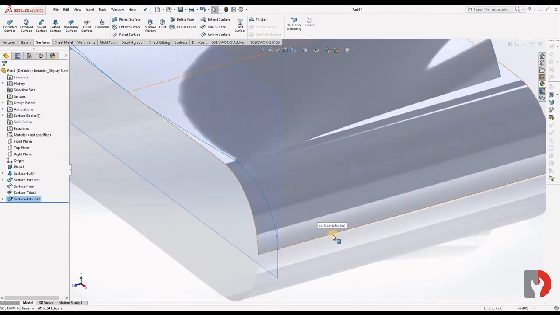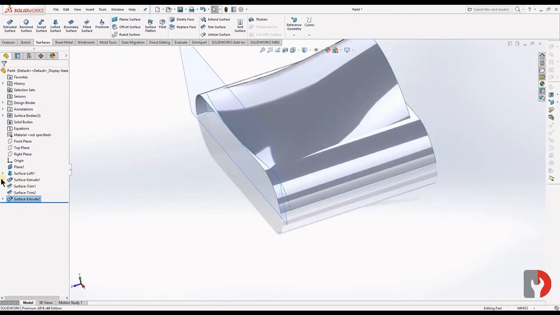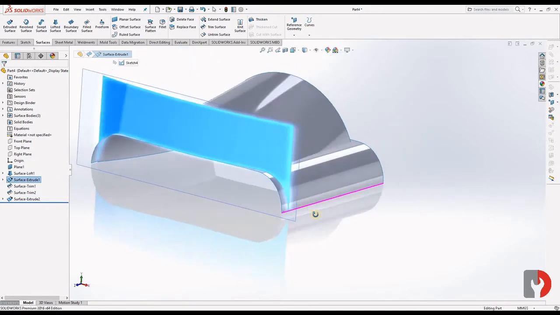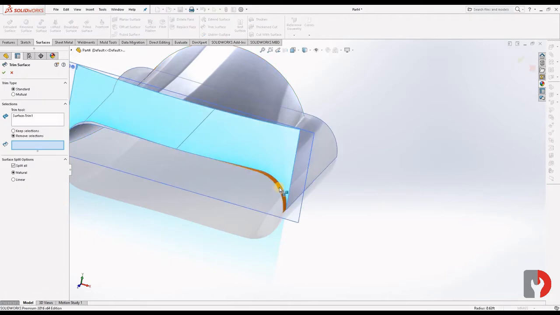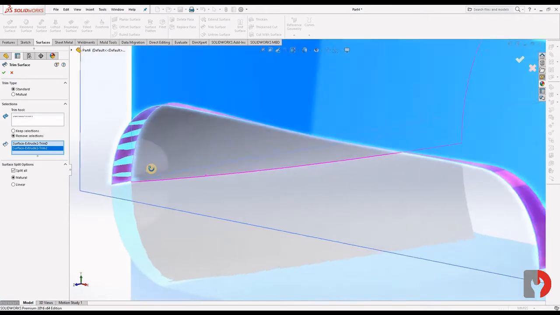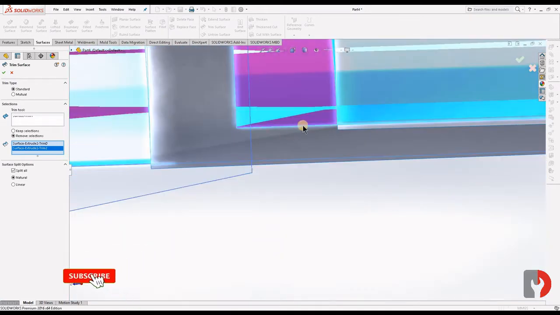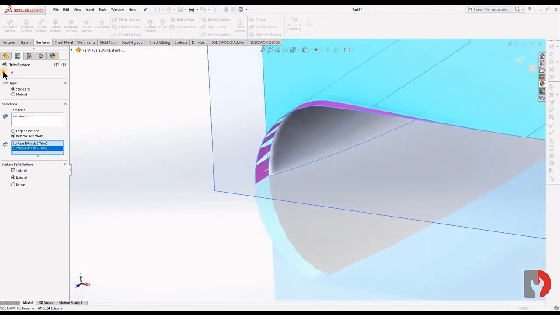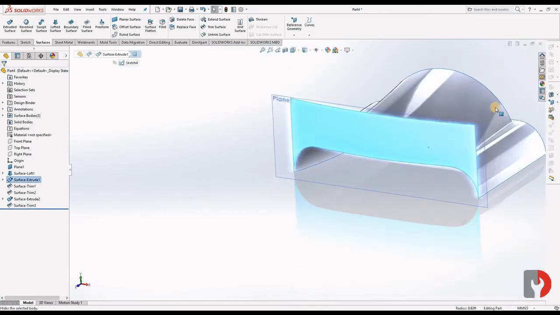Now we will make it visible. Okay, choose the surface, trim surface, and trim out unwanted surfaces. Okay, click on OK and hide it again.